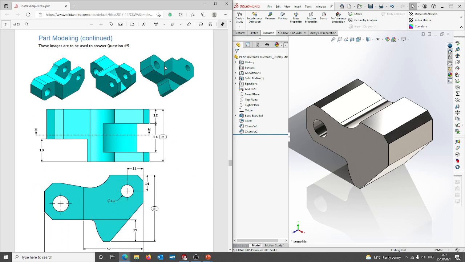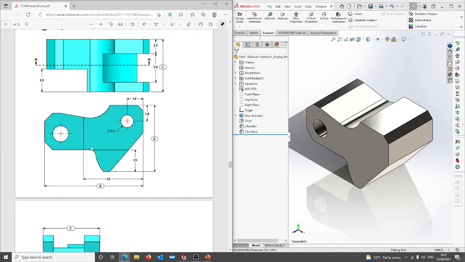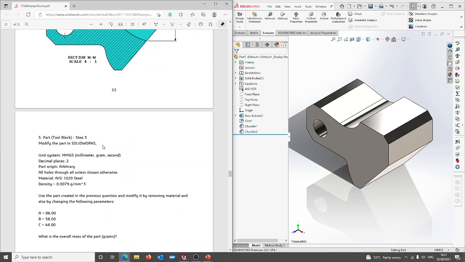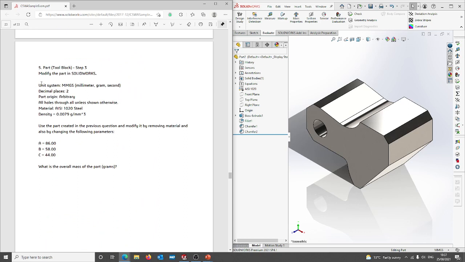Okay, so we can see we've got a cut in here and here, got another hole here, and then we've got this cut in here. So again, like I say, I'm just going to ignore these to begin with, and I'm going to scroll right down to the question and just make sure that I can get all the information extracted from here to begin with. Okay, so again, unit system still the same, decimal places, material all still the same, but it's asking